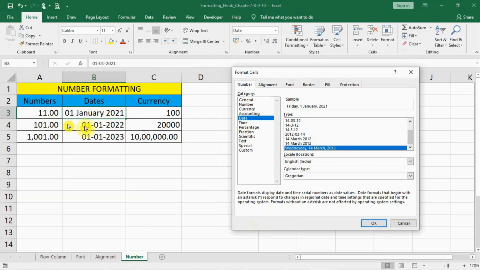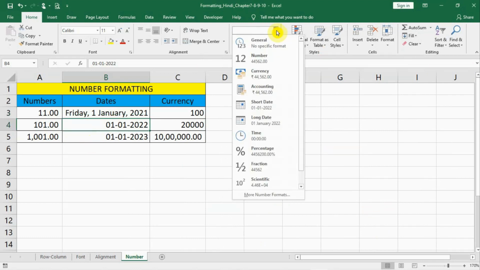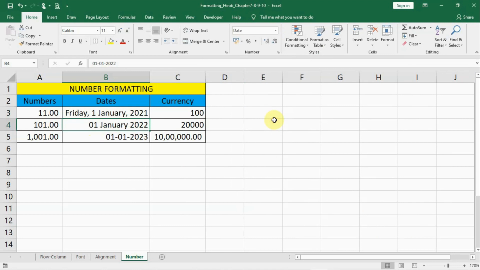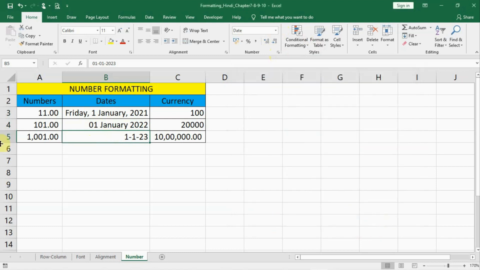When I click on this format, I can have this date format, and in the lower one I can select a long date format, and in the third one we can have a short date format like this. It is your choice what type of format you want.